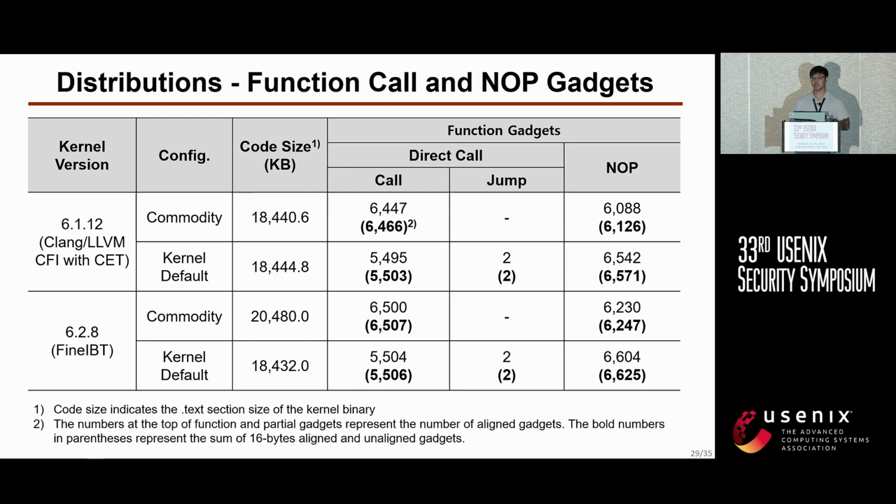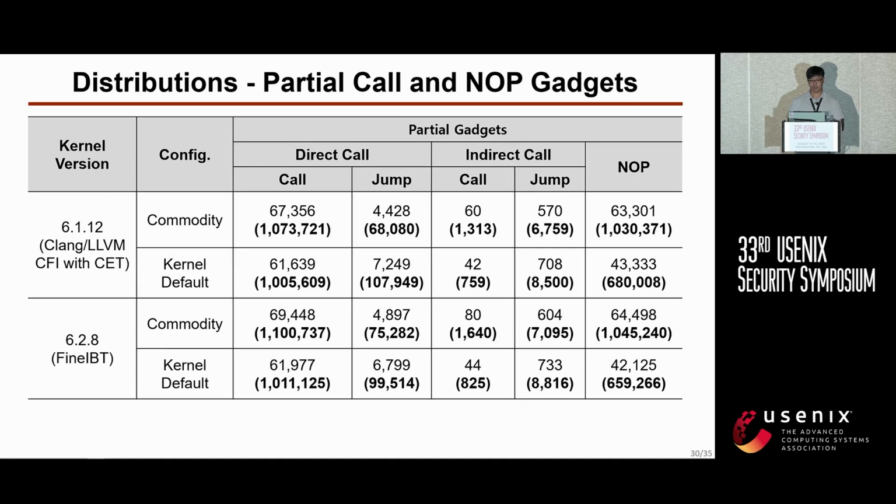So we list gadget counts in two categories. At the top, 16 byte aligned gadgets, and at the bottom, all gadgets including unaligned gadgets. In the case of function gadgets, over 10,000 core and NOP gadgets were identified. So this is enough number. And for partial gadgets, we disassembled code units every 32 bytes across all page offsets. Then we found that most partial gadgets were unaligned gadgets, which means that system call candidates cannot directly use these